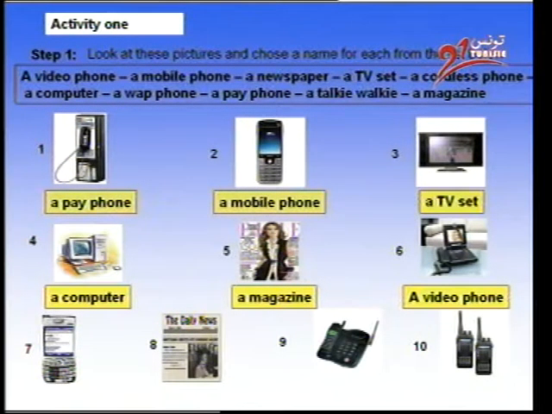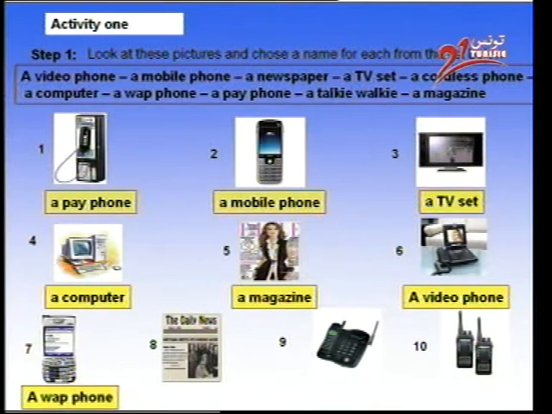A video phone. What's a video phone? A video and a phone. Using this video phone, you can talk and see your interlocutor on the screen at the same time. The next one is a web phone. What's a web phone? It is like a mobile phone. Still, it is different from a mobile phone. We can use a web phone to get connected to the internet, for example. We can use it as a camera, for example, too.